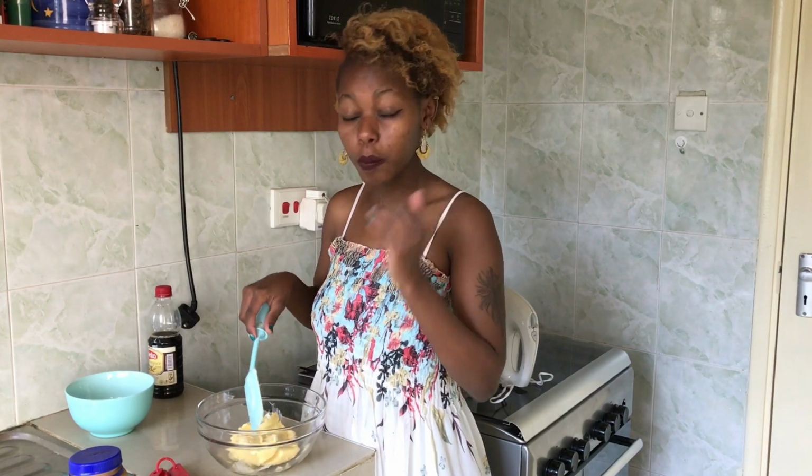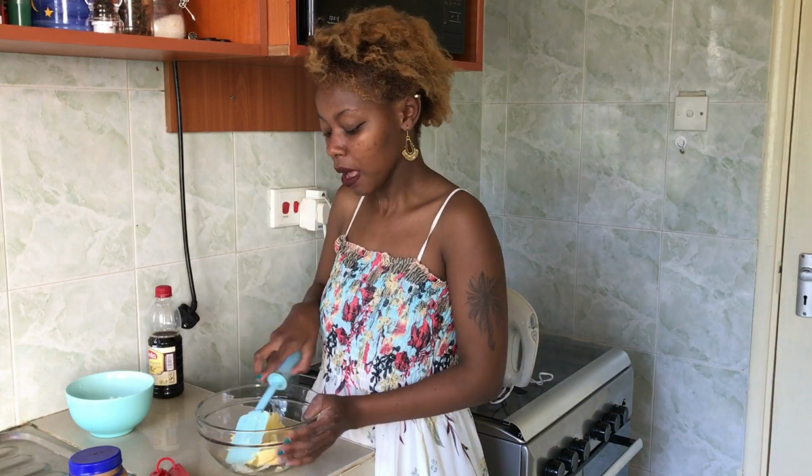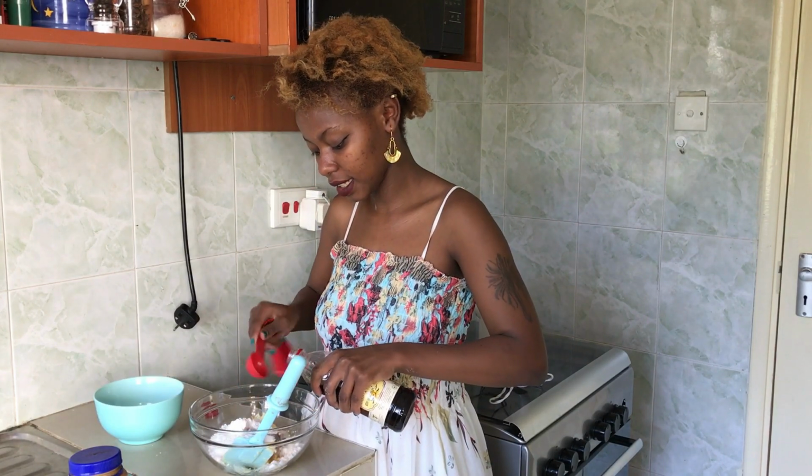If your butter is too cold, then the cream will break. It will look very lumpy. And if your butter is too hot, if you decide I did not leave it to come to room temp, so let me microwave it, then your butter will be watery. So room temperature. And then I am going to add in my icing sugar, 2 tablespoons of vanilla essence,